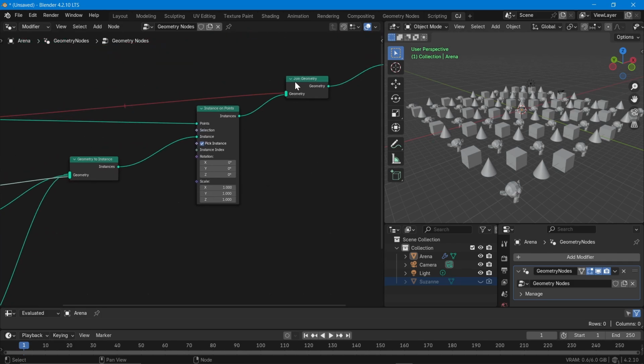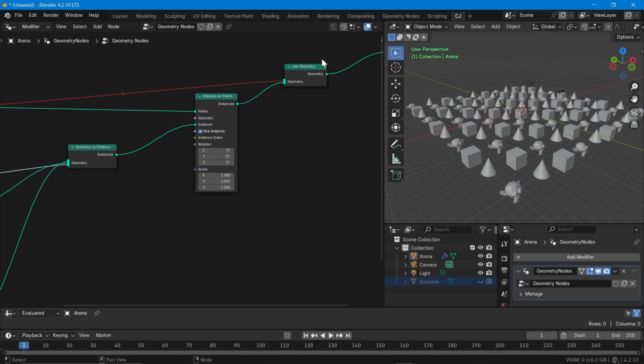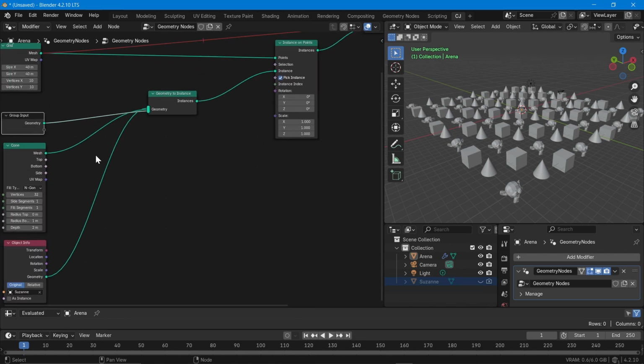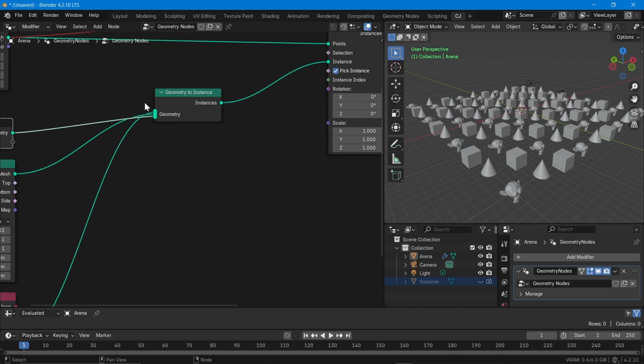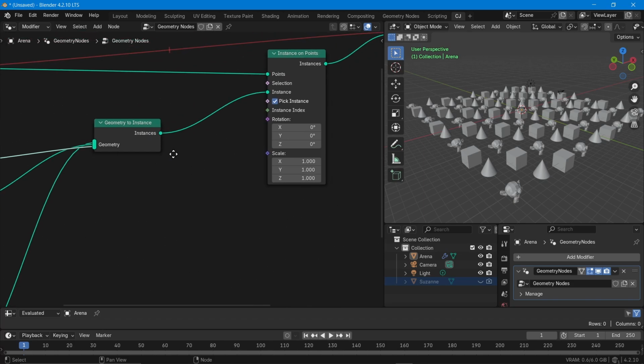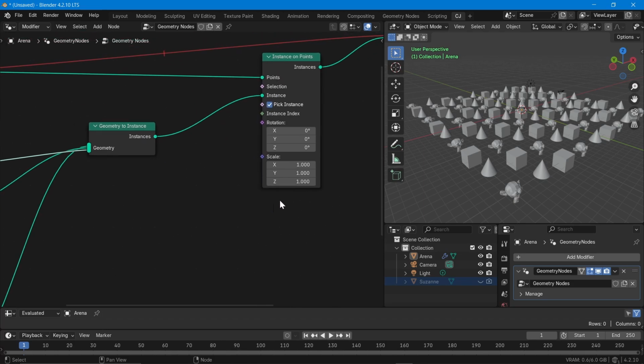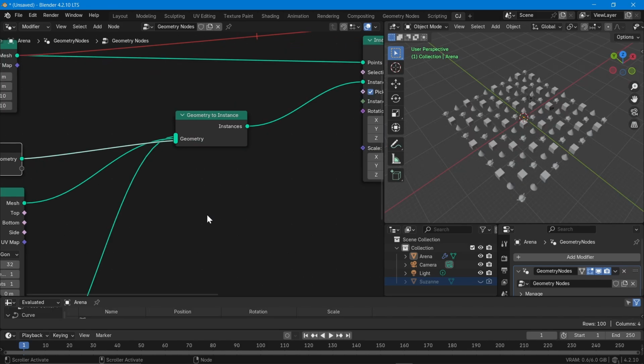And Join Geometry does the exact opposite. I'll cover this in a separate video, but know that whatever you connect to the Geometry to Instance node, it is preserved as instance, and the one specific use of this instancing is Instance on Points where you have an option to pick each of the instances combined here. So that's it about the